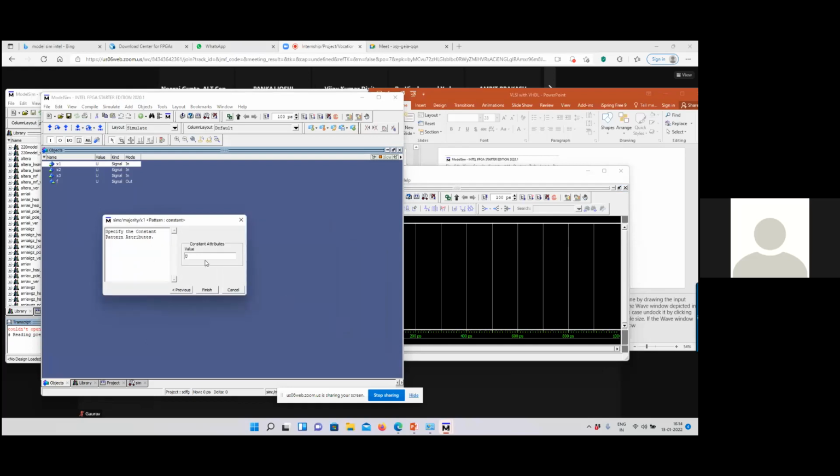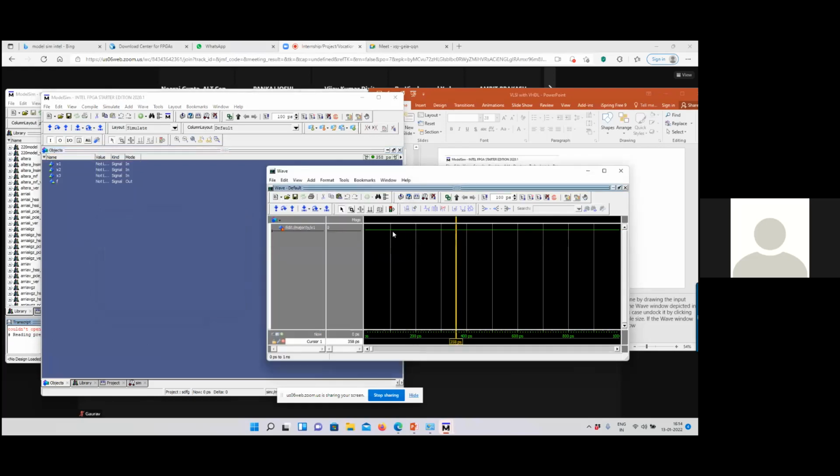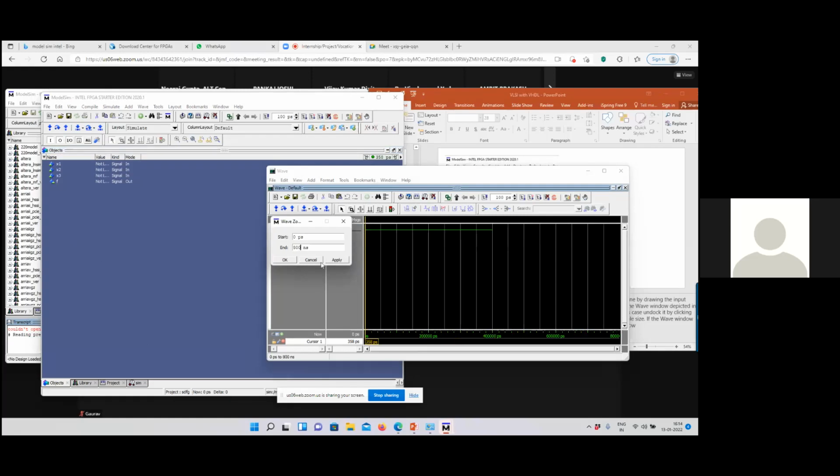Next value is 0. Finish. And you observe that a 0 value has come. But before this, in the wave editor, we are setting the zoom range. So go for zoom range 0 to 800 nanosecond. It's up to you how much you want. So here you observe that only 0 to 800 has been shown.